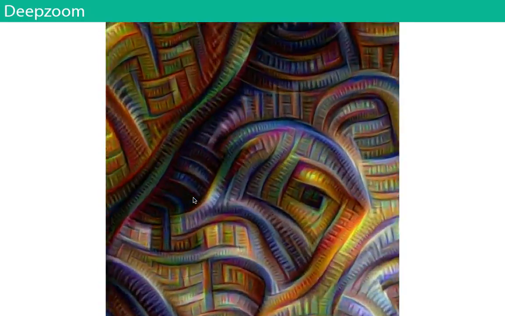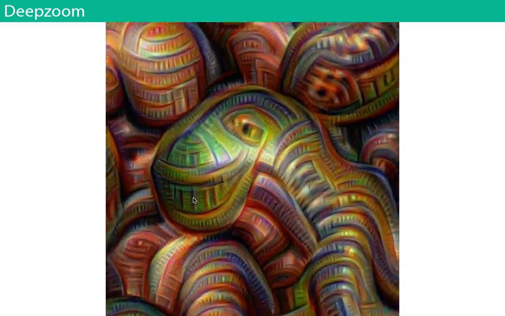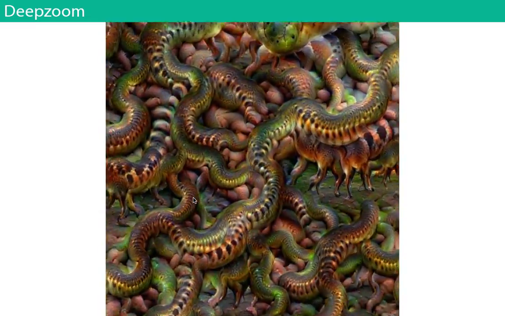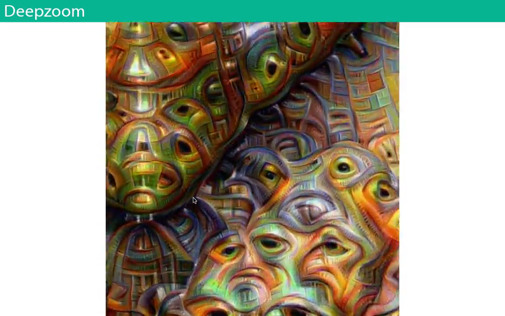This was really inspired by Mike Tyka's work. He would repeatedly deep dream an image and then crop it, and then deep dream that and crop it again, doing these iterative zooming-in experiments. They look kind of like this. It's a fractal, never-ending deep dream, a machine hallucination kind of thing. Almost like Powers of Ten. It's just amazing. It'll do this forever and come up with different things as it goes.